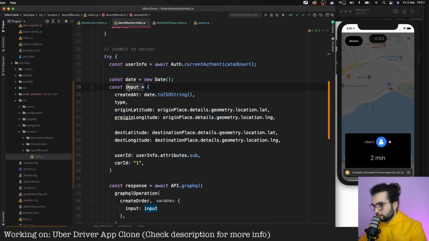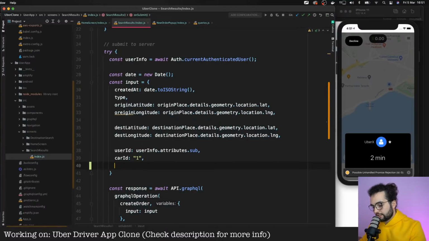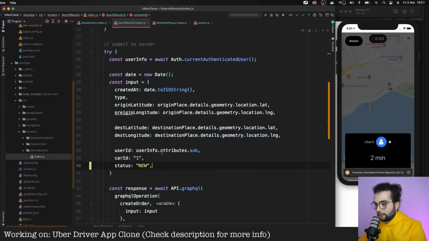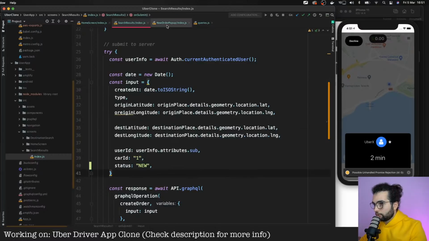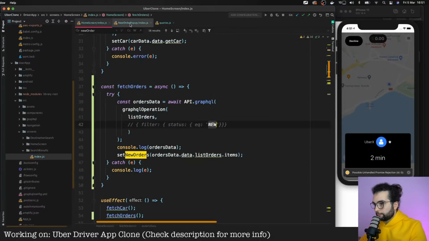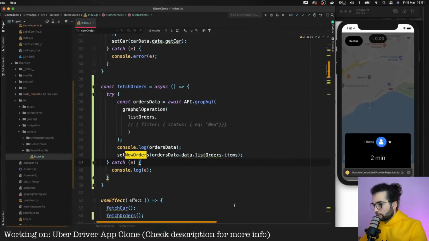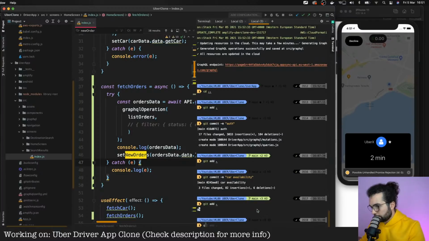We do input car ID 1, and here we say status equal new, and all the orders that are placed by a user will have this status new. Yeah, that's probably it with git commit, with fetching orders from the API.